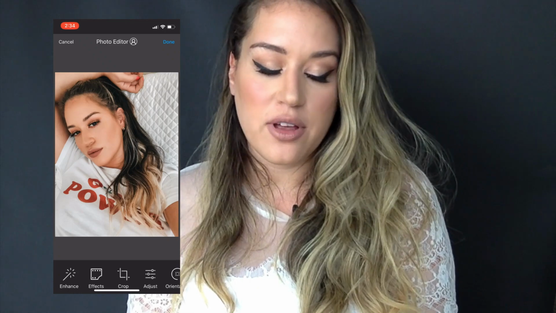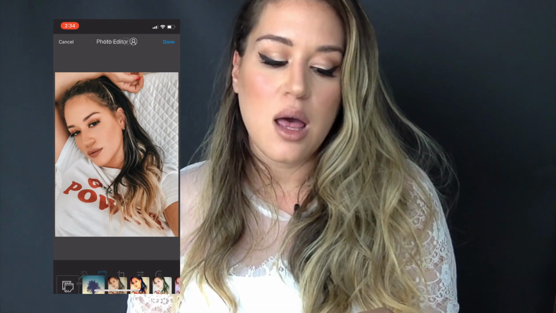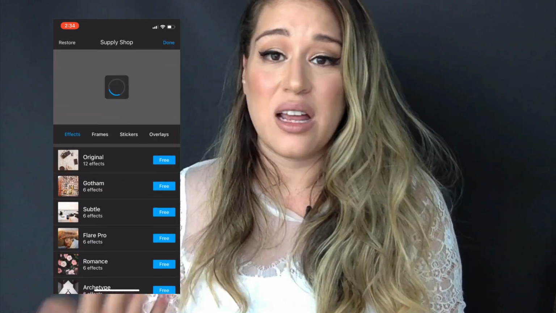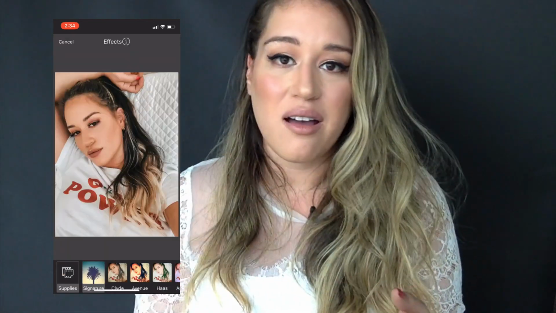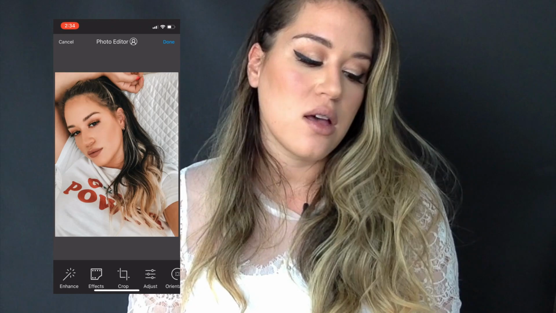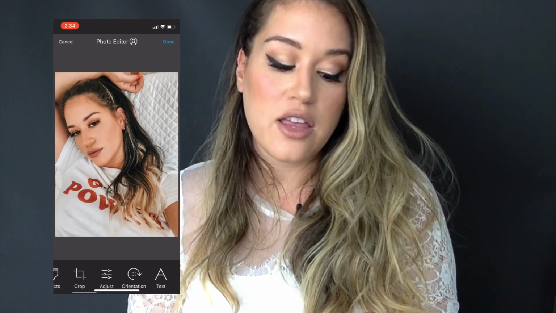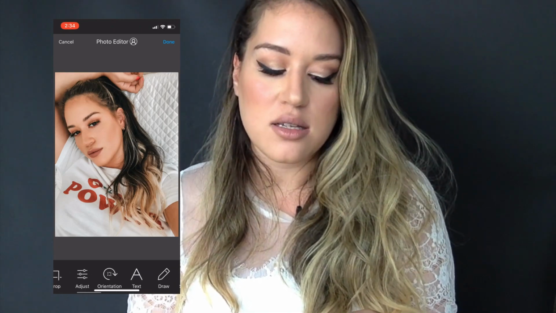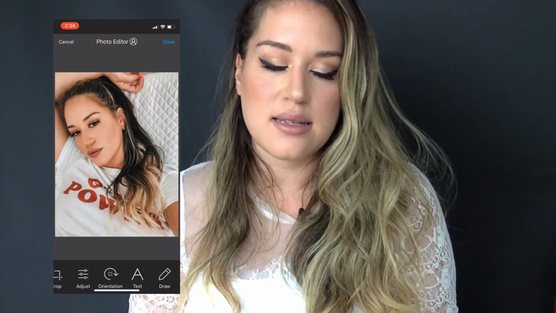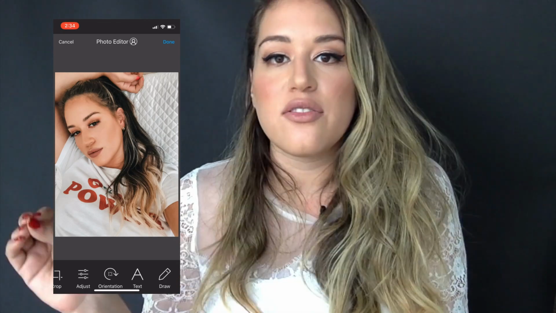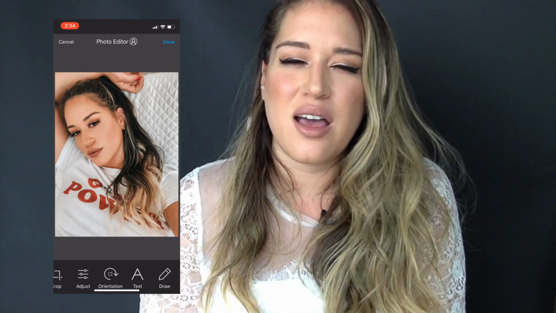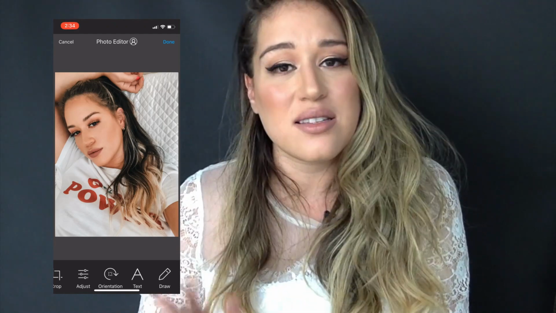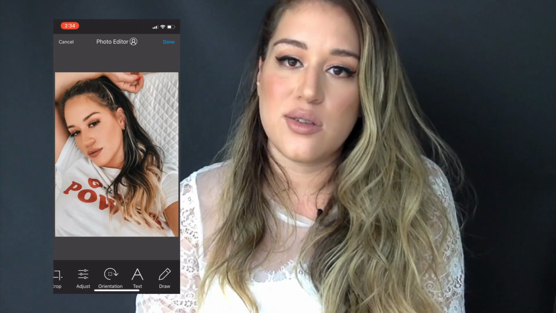It can have a couple of filters. It says supplies, but those supplies, I tried to download them. It gave me a couple of problems. So I'm really not gonna recommend that option. So I'm gonna hit cancel. Then you can crop the photo, adjust orientation, add some text. To be honest, there's a lot of things you can do here, but for my taste, they don't look as professional, so I would not suggest you actually use them.